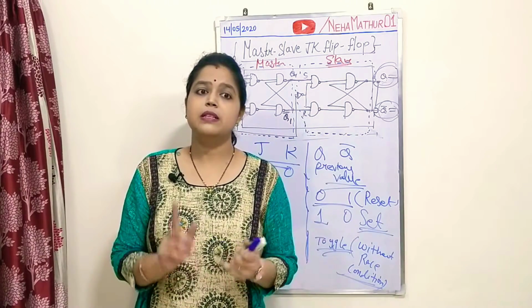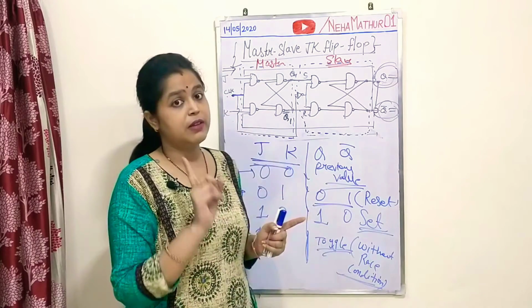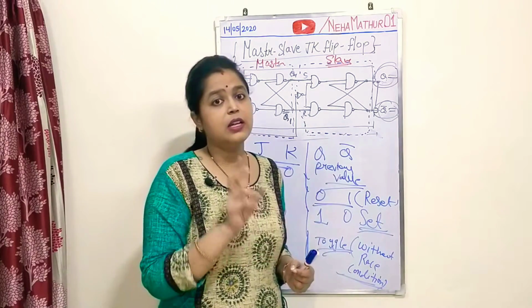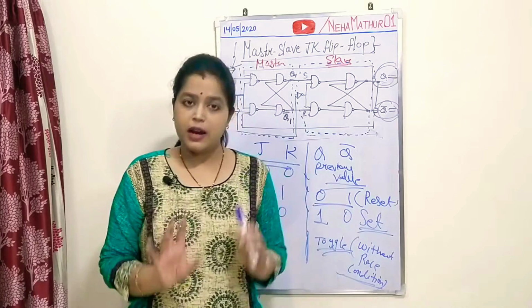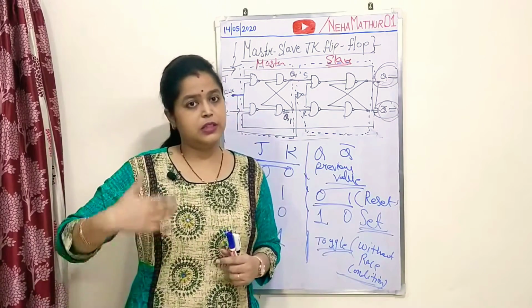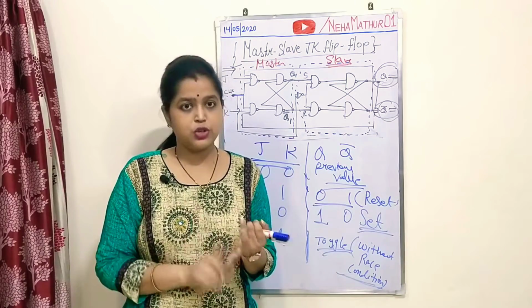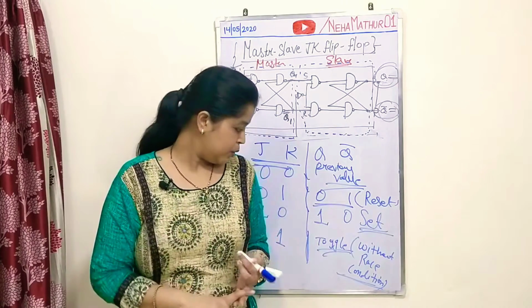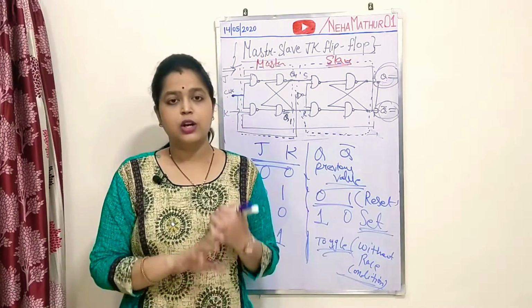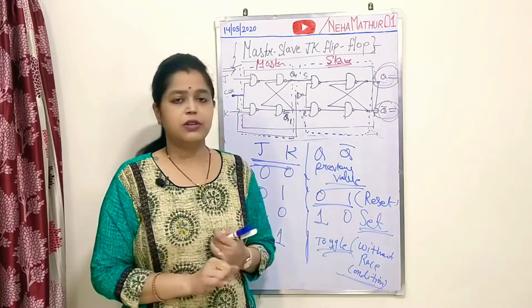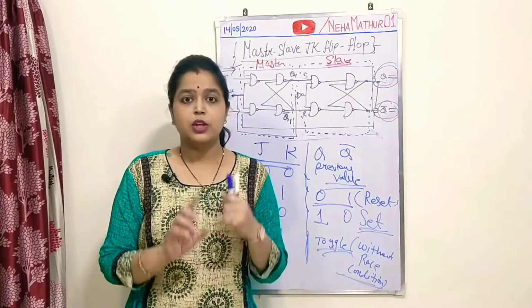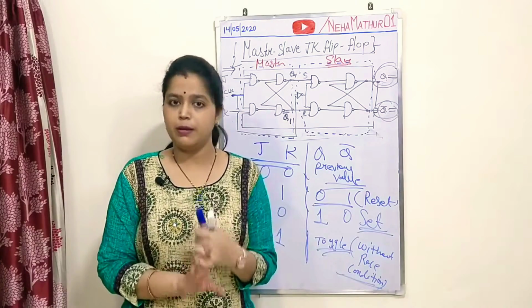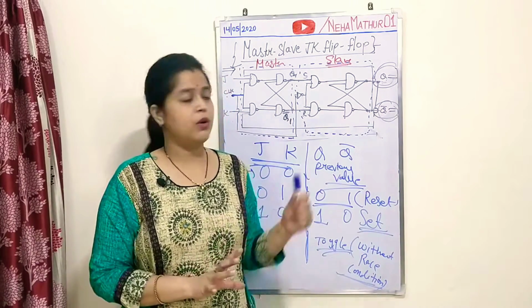The important concept is that your master works for positive level triggering, that means when your clock is 1, and your slave works for negative level triggering, that means when your clock is 0. The complete mechanism deals with 4 cases, JK equal to 00, 01, 10 and 11, and in the 4th case we are removing the race condition, just getting toggle without race condition. So this is the general concept of your master slave flip flop, but you will have to follow the video lectures of the SR flip flop and JK flip flop, then only will you be able to understand the complete mechanism of the master slave flip flop.